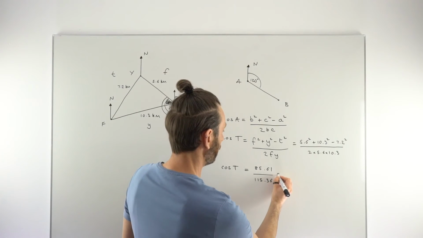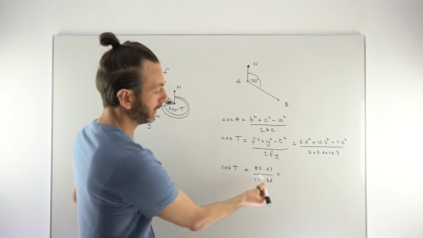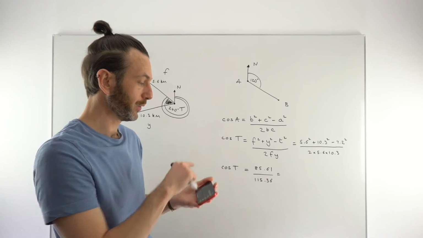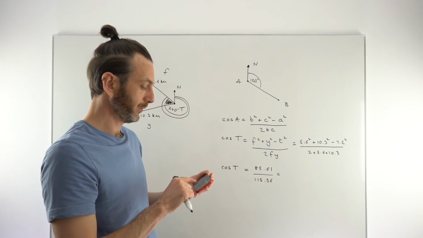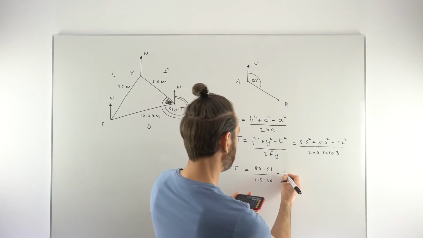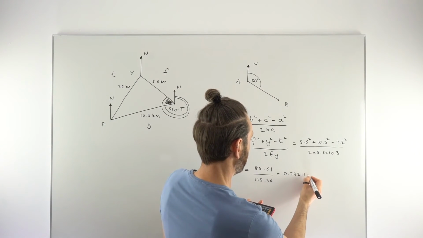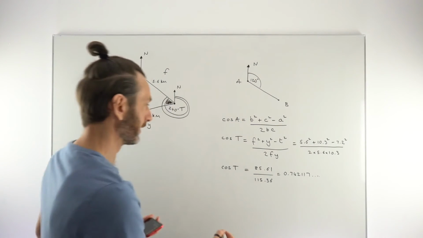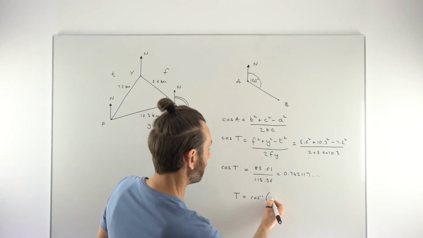So, okay, this looks a little bit weird, but remember that when we're trying to find an angle using sine or cosine, this should come out to be a decimal number. So we're looking for a 0 point something number, which this one will come out to be. So that looks good to me, because remember you still need to do the inverse at the end to get the actual angle. So this has come out to be 0.742117. So make sure you use quite a lot of decimal places here, and that would carry on actually like that. So the angle T itself is going to be cos inverse of that number,